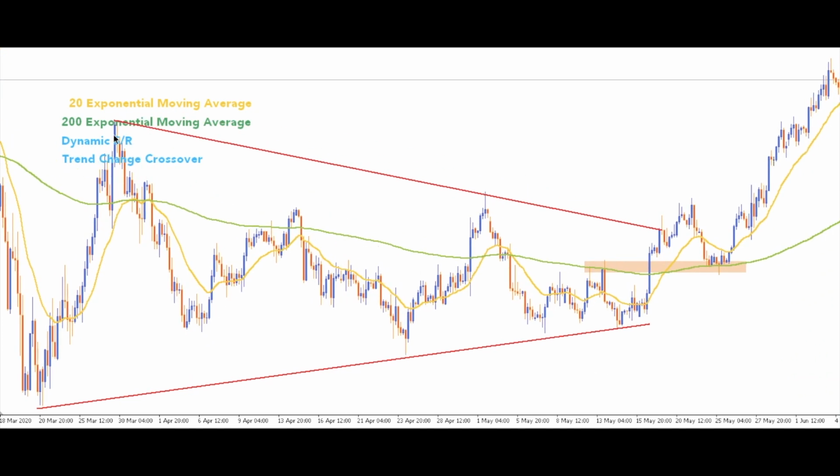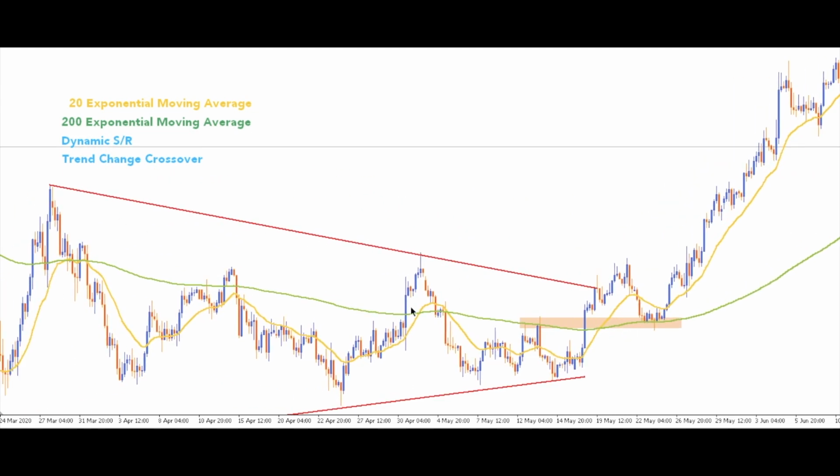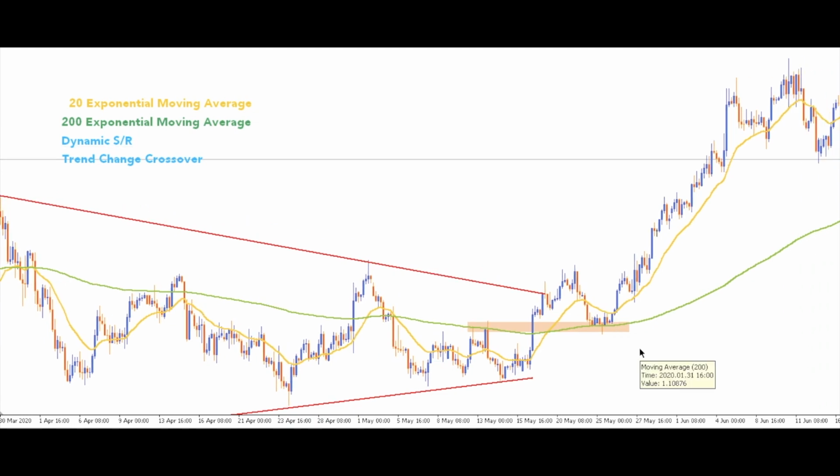that is the 200 exponential moving average, has been found as a resistance and support, and it can work like a miracle sometimes. So after the breaking of this squeeze, the price found support at the 200 exponential moving average, and